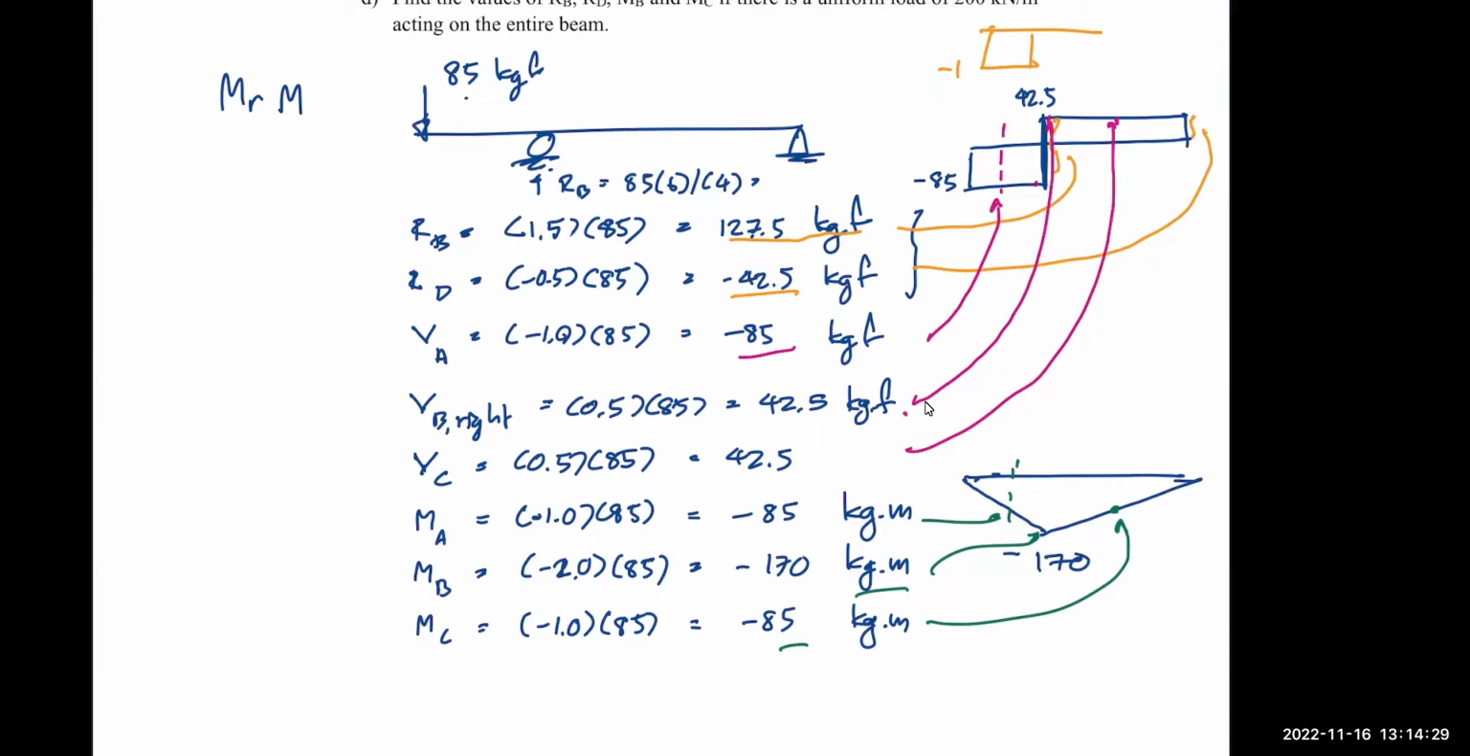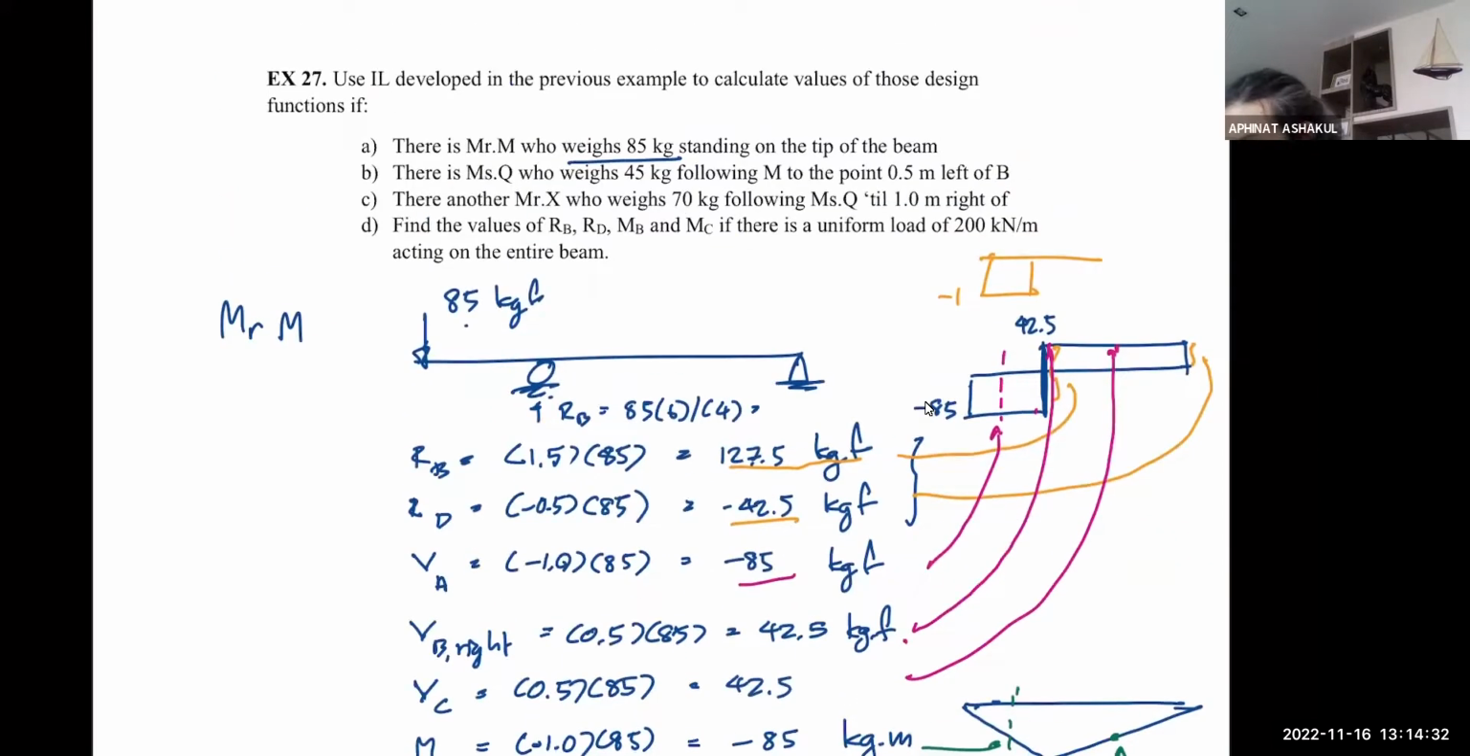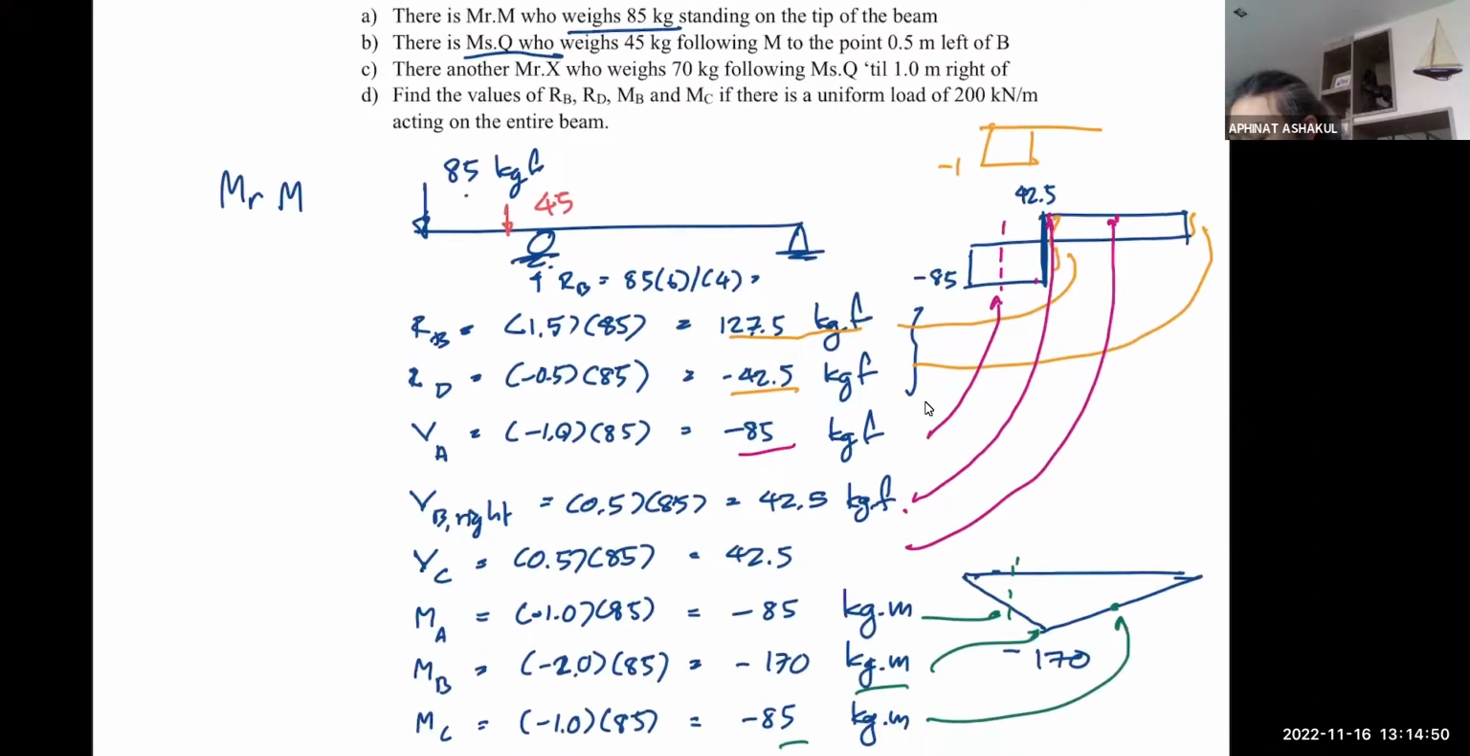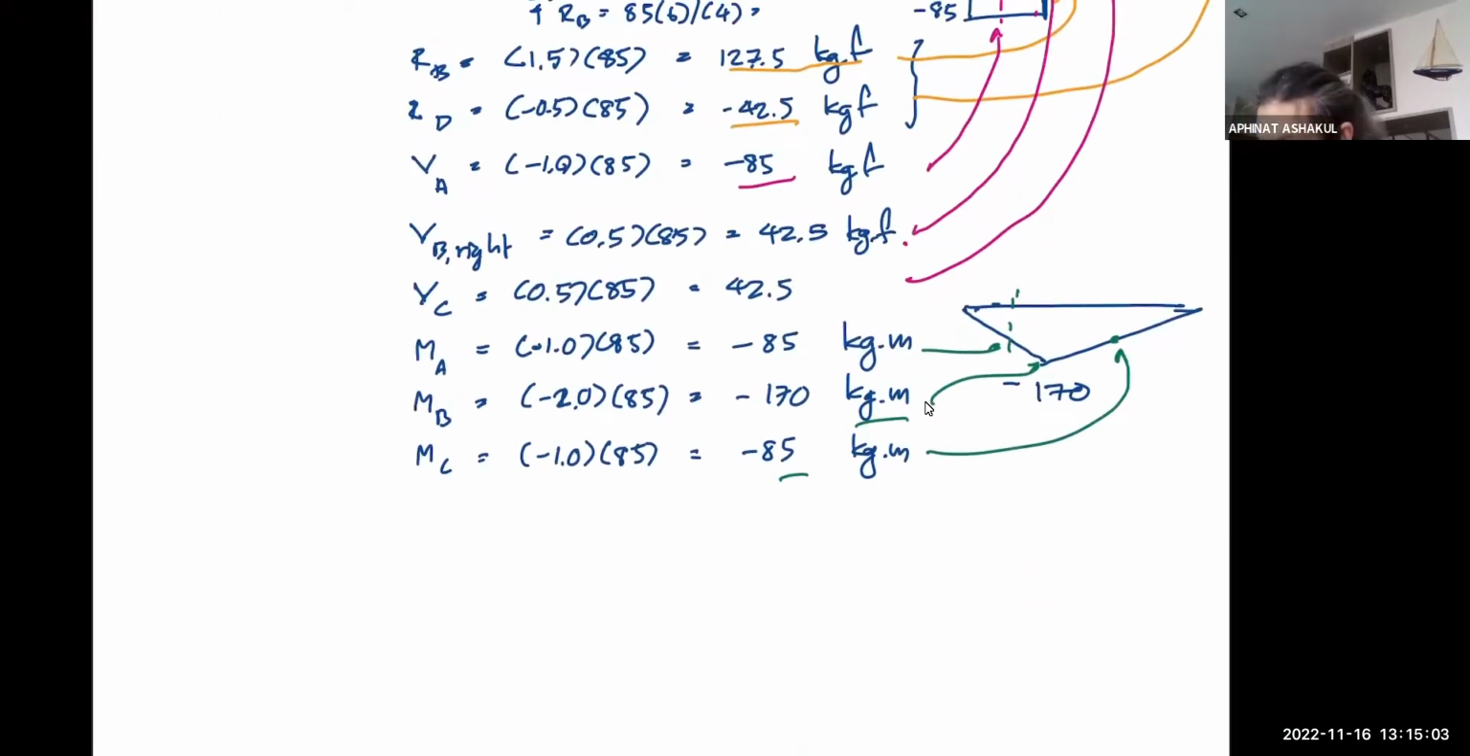Okay. And let's say you continue to have Miss Q, who weighs 45 kilograms, running after Mr. M to 0.5 meter left of B. That means Miss Q is now perhaps here. You just add the value, because now we have RB due to Mr. M, right? And when you have Miss Q, you just add the values to the values that you already have. We are running out of time, so let me demonstrate. So RB will become